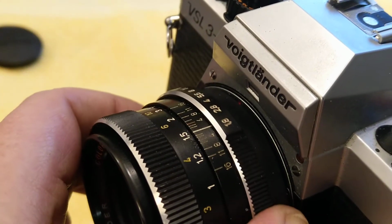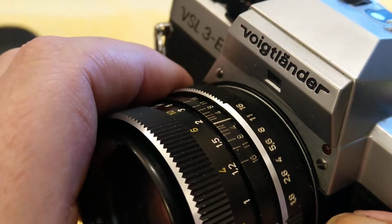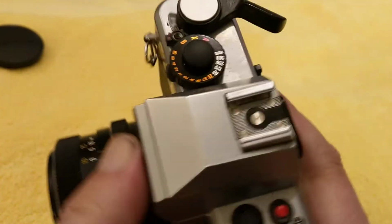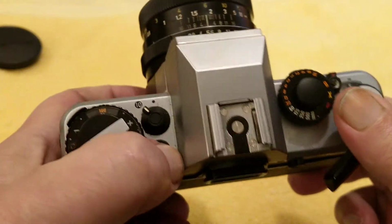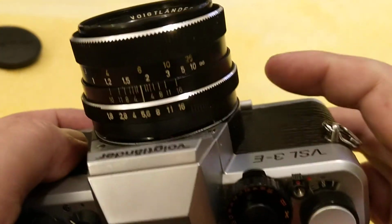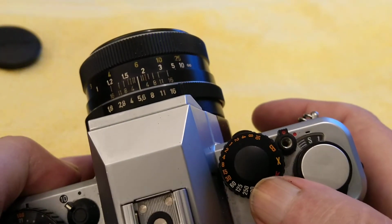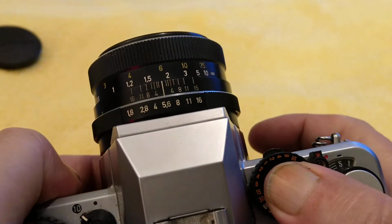Aperture selection. And you can see it's got a little window at the top, so it can read the aperture off of the lens that you've chosen, so you do get aperture and shutter speed information in the viewfinder, which is quite nice. Other than that, apart from being a different color, this was available in black and chrome, the same as the Rolleiflex, but my Rolleiflex is black, whereas this one is chrome. Yeah, I like the shutter buttons on these. They're very...